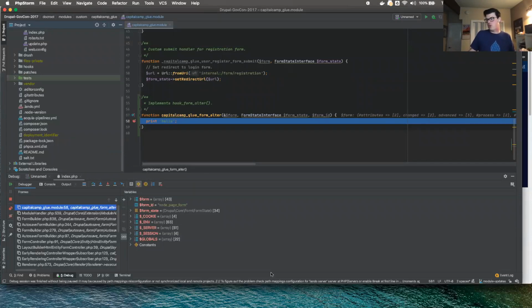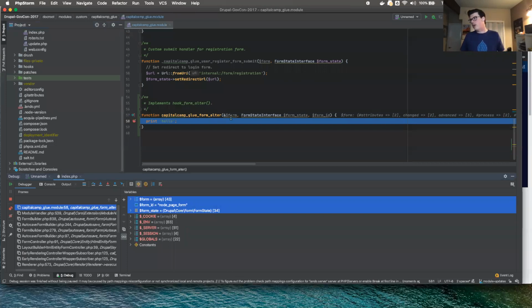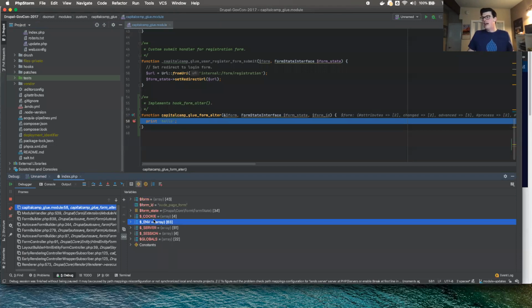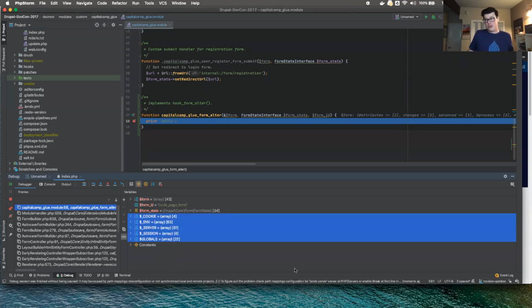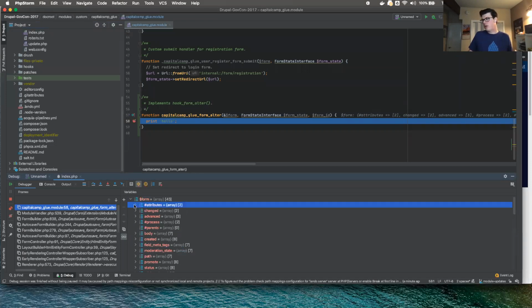So as I said a moment ago, here are my 3 items that cropped up in the form alter that we're working with: form array, form ID, which is a string in this case, and form state, which is an instance of the Drupal core form state object. But then there's all this other stuff too. The session, the globals, so on and so forth.